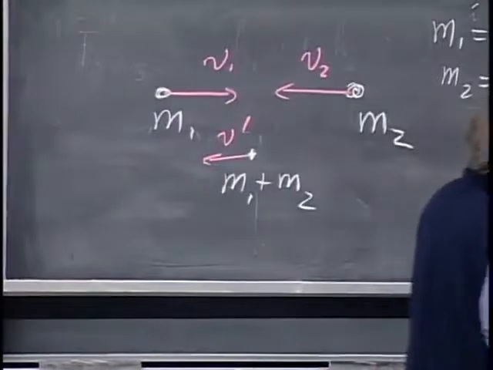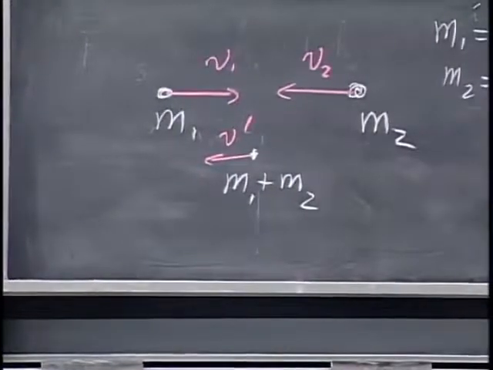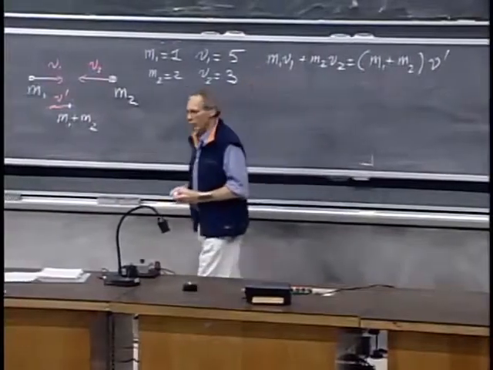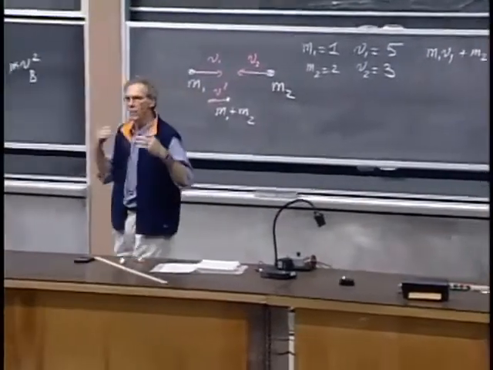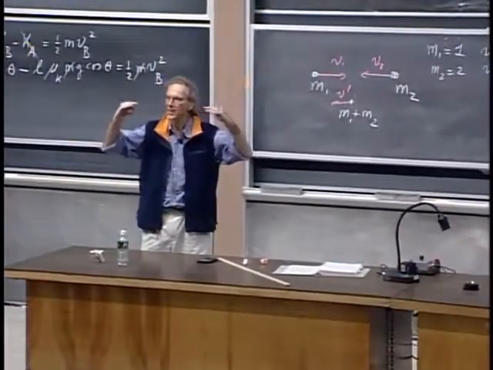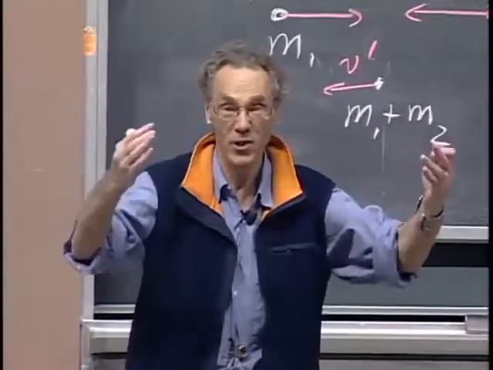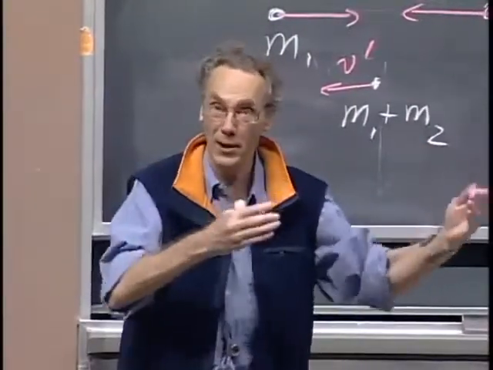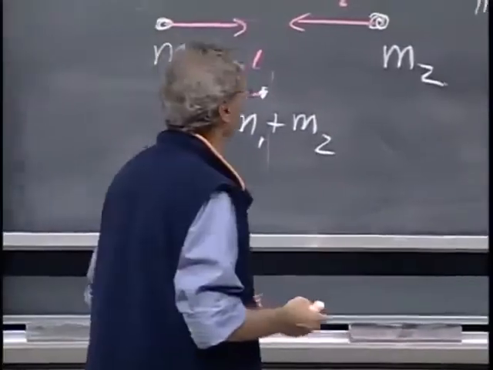You may say, hey, you forgot your arrows here because this is a vector equation. Yeah, I purposely forgot them because this is a one-dimensional case. You can always leave the arrows off because the signs take care of it. And you, of course, have to be careful. Namely, you have to put the minus signs in when needed.